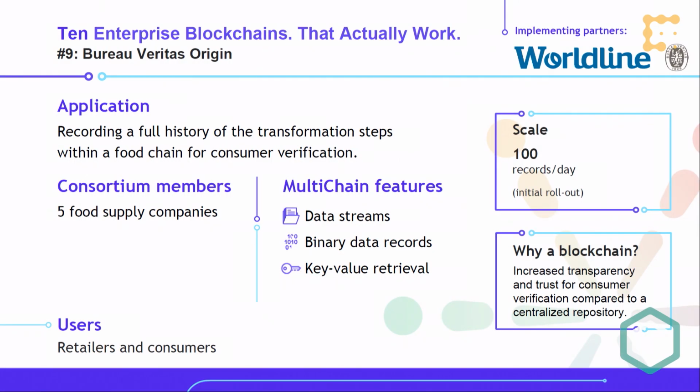We've all heard about food verification projects on the blockchain, so this is one in production, albeit at a small volume of transactions right now. The purpose here is to have a place where every single action that takes place to a particular food item on its way from production to consumption is recorded in the blockchain, and then there's a label on the item which consumers can scan in order to read that information off the blockchain in order to see the full history of that item.